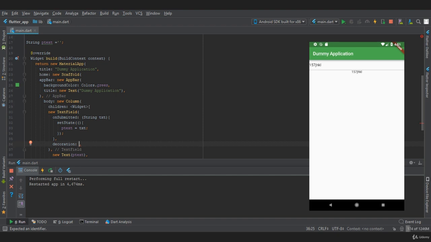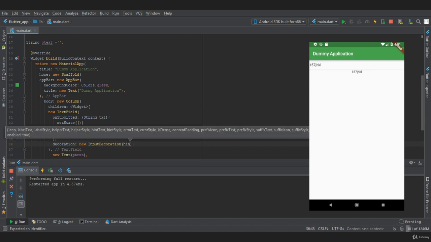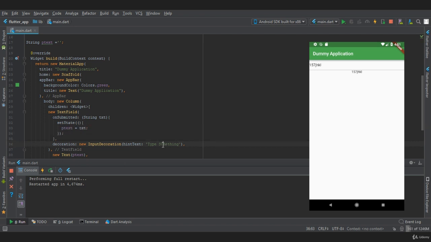So the first thing that we are going to create is a placeholder for the text field using new InputDecoration, hintText, which takes a string, and let's provide "type something", and let's restart our app. So as you can see, we have successfully created a placeholder.